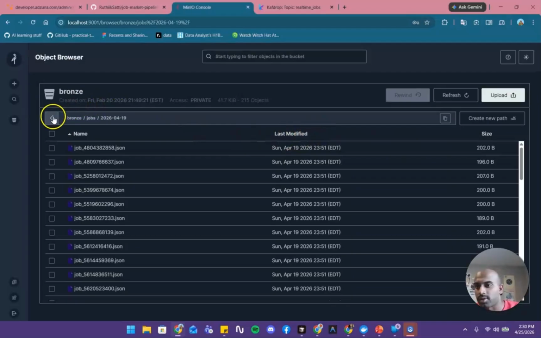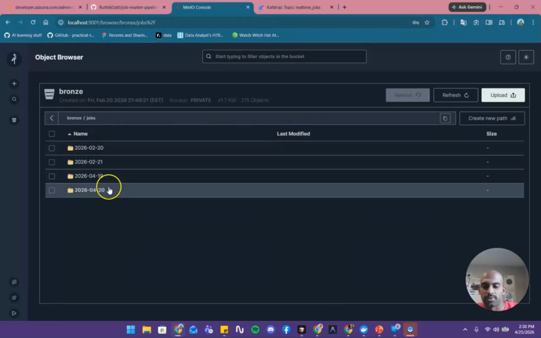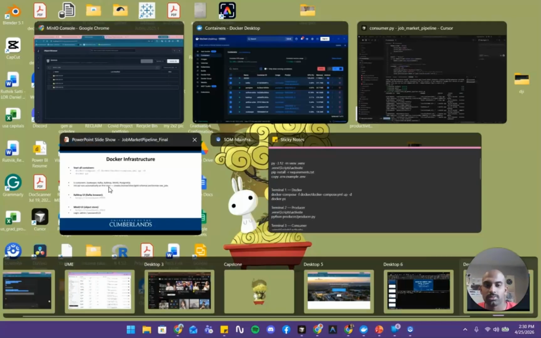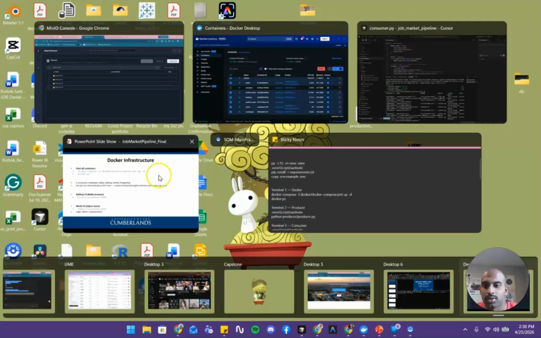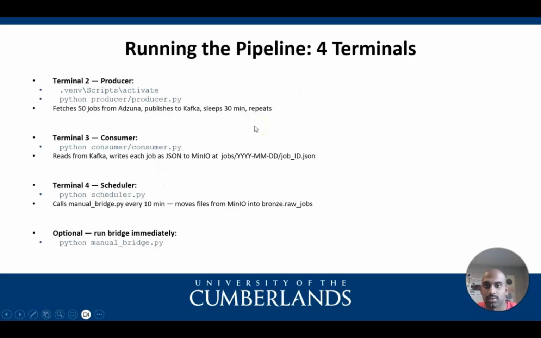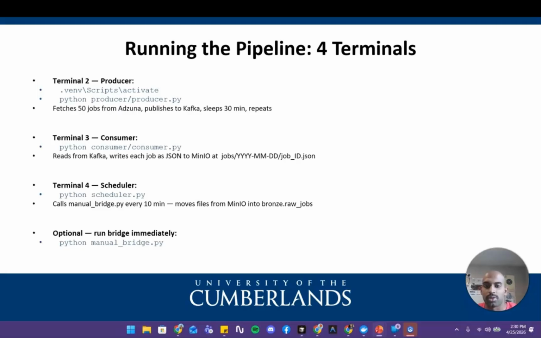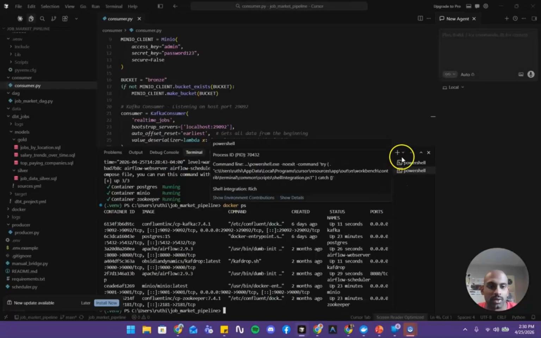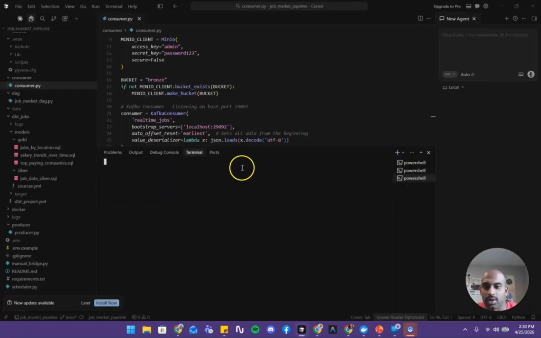And as you can see, I've run this multiple times, so I have multiple files after testing. The pipeline needs 4 terminals running simultaneously. Let me open them one by one and show exactly what to type in each. So terminal 1 is just Docker, and terminal 2